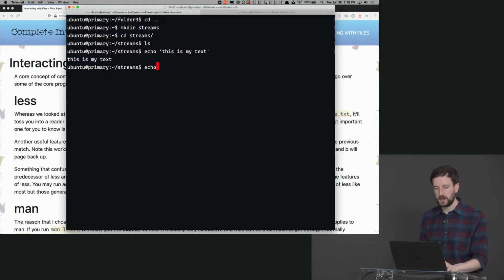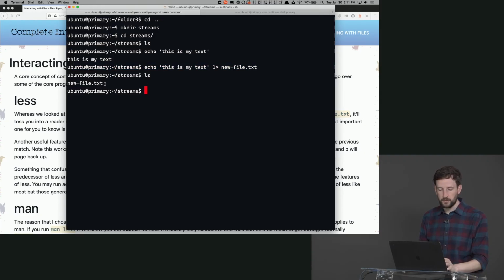But let's say I wanted to put that text into a file. So I can do echo, this is my text. And then if I put 1 and then an angle bracket like that, I'm going to redirect that stream to another place, into a new file. Notice, first of all, it didn't output that to my screen, so it never echoed anything.